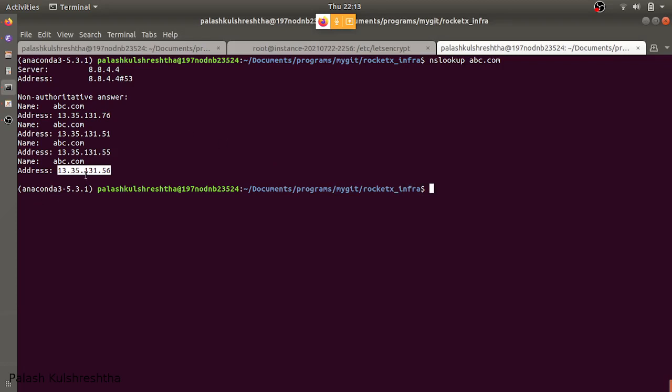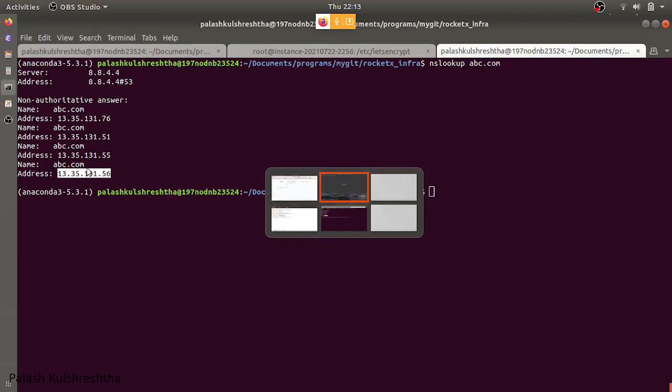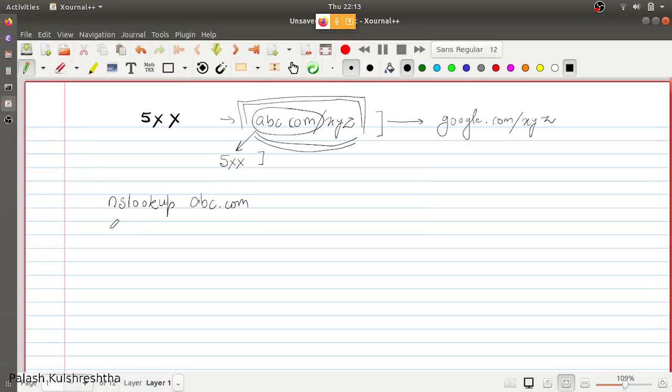Let's consider this IP. We are going to track this IP to find where our abc.com server is. So this is our first IP in the link.